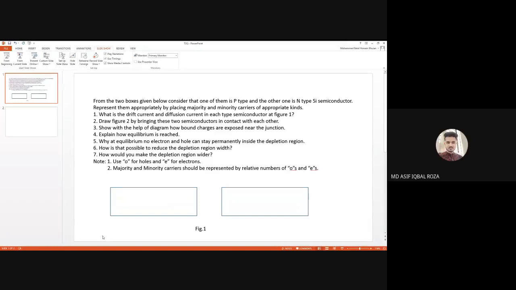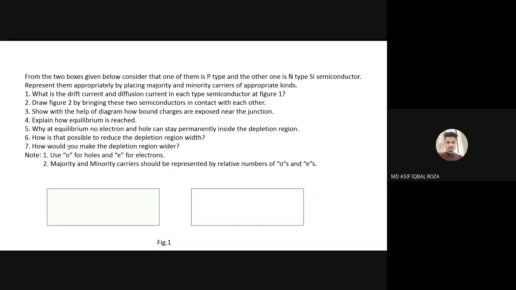And in terms of diffusion current, if we put a p-type semiconductor in a jar at a corner, it will spread throughout the jar until it becomes uniform. That means the holes will move and we will get a current which is called diffusion current. Okay, fine. So in regard to your definition of drift current and diffusion current,